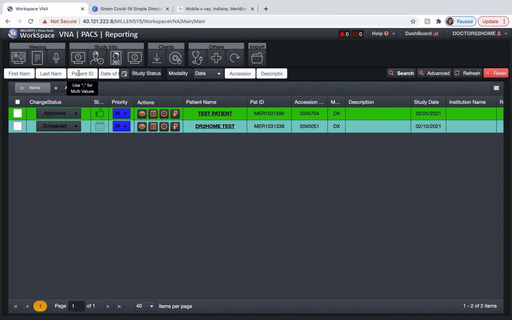We can search the last name. We can search the patient ID. The patient ID is actually specific to just us, so it won't match your patient ID there. You can search the modality. If you've got multiple modalities, this facility we just do x-rays and ultrasounds. You can search the date. You can search